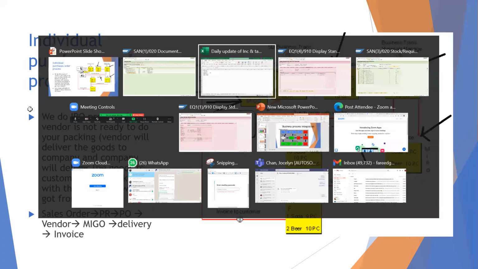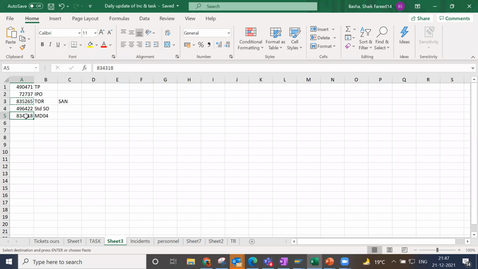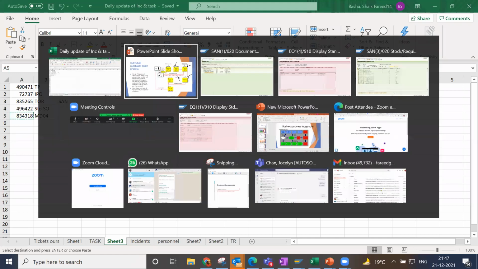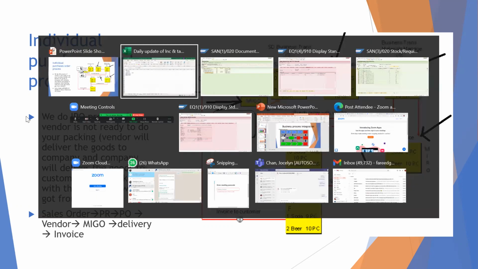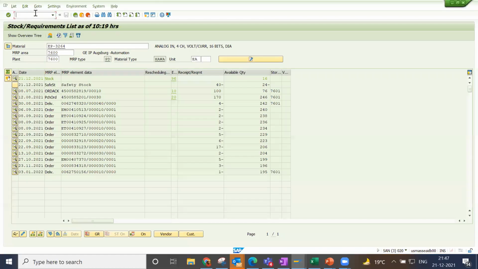Yeah, Farid bhai, one thing, if you have that structure, like the SD org structure, like sales organization, if we can include that, that's fine. Or you can show them the enterprise structure, where it will be. We are not going to create any of it, but okay, you want to see the enterprise structure? Yes. Okay, just a second.